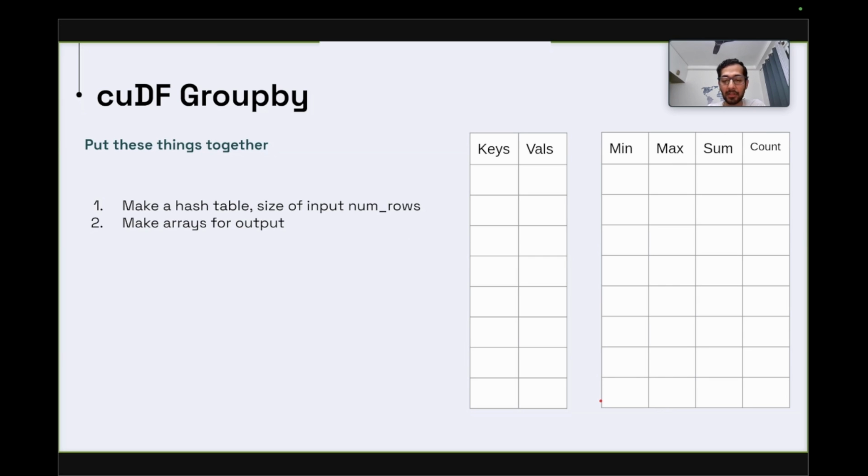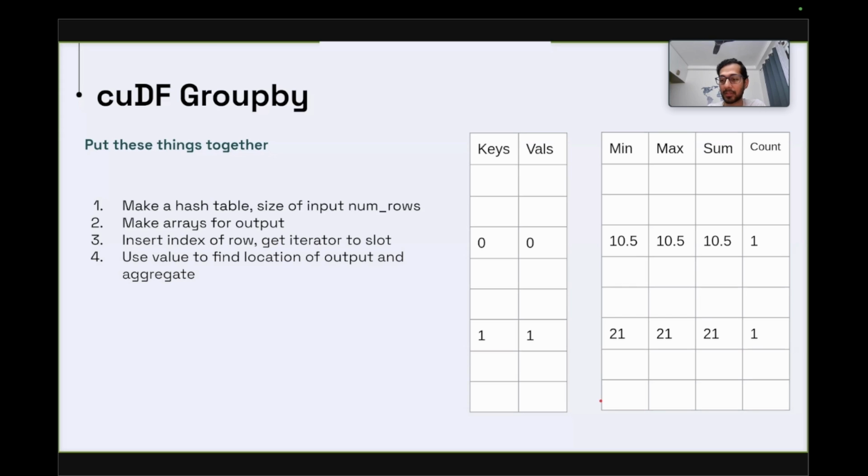Then we insert the index of the row. It's going to use the operators that we just described to insert them into the hash map, and each insert operator is going to return you the location, an iterator to the place it either inserted or found a pre-existing key. Now,